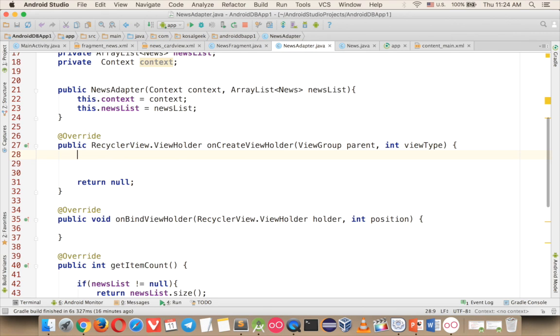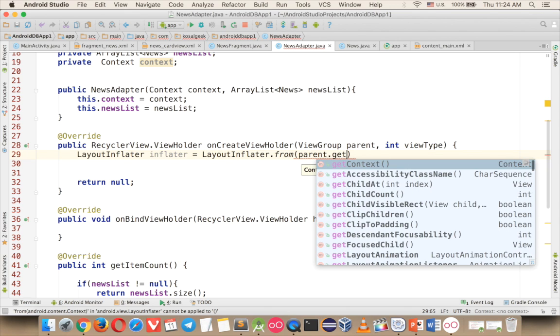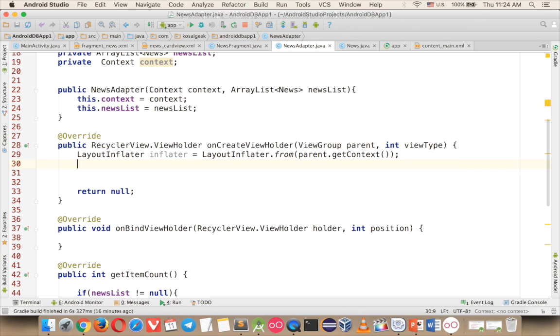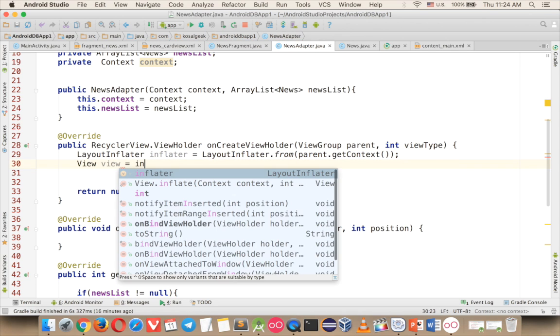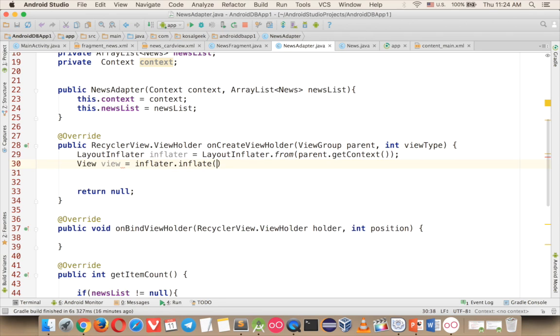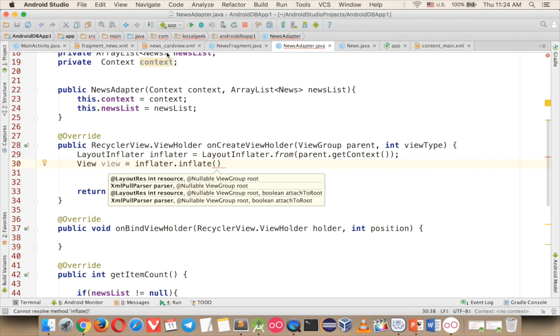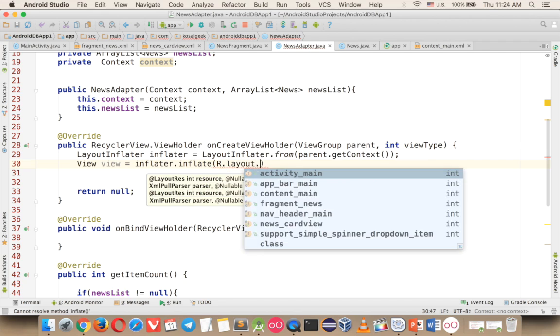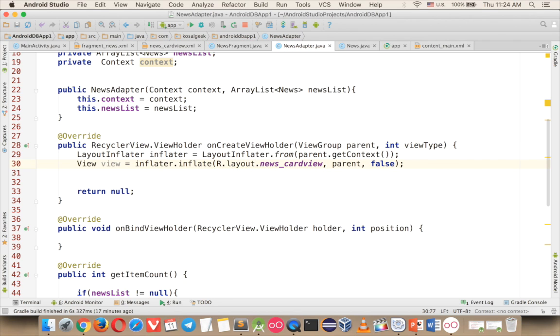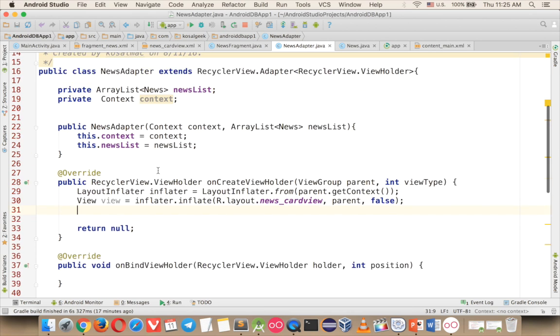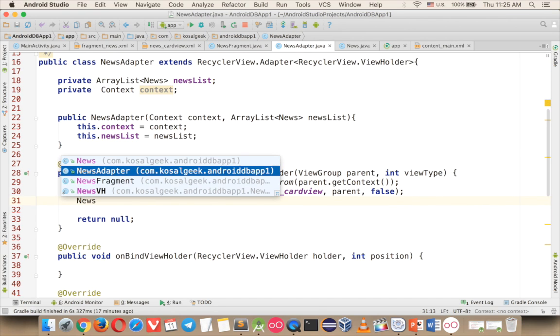Okay, now we have to create the view holder, so layout inflator, and layout inflator from parent dot get context here, and view inflator and inflate, so we inflate the resource here, so R dot layout dot news card. Okay, so now we inflate that, and then we call the news view holder here, so it's news v8 here,